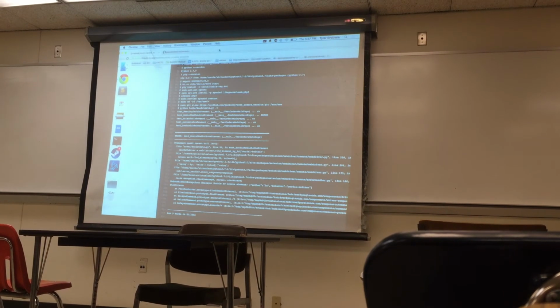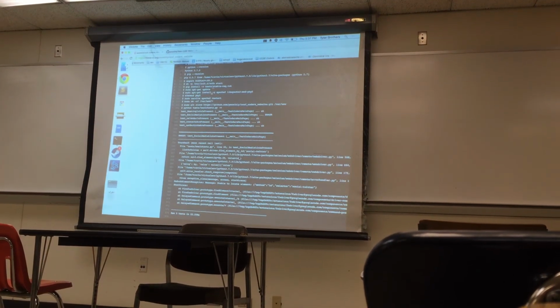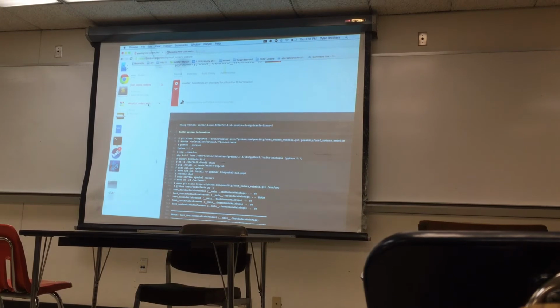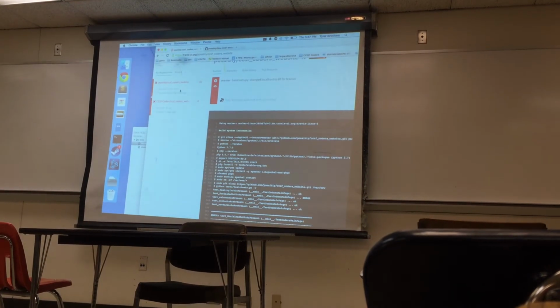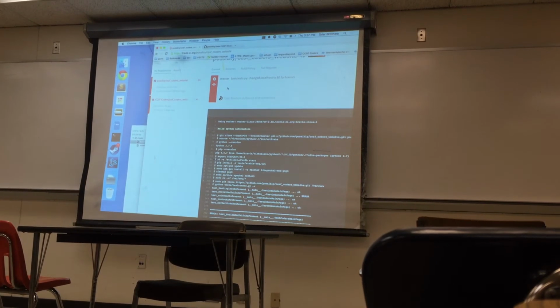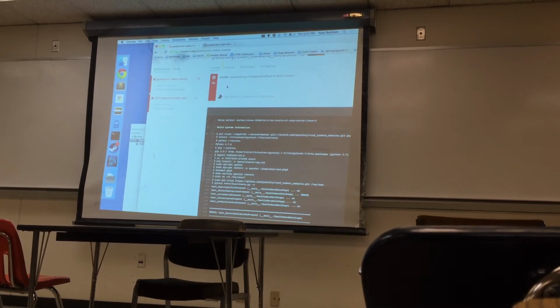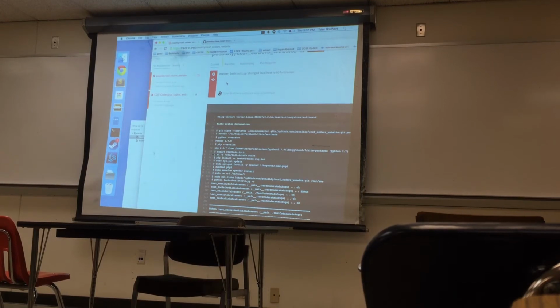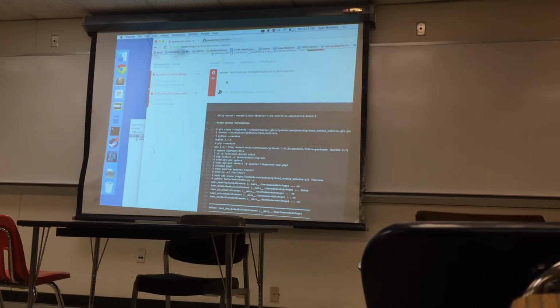That's something I was working on for a while, and now I not only have it on my fork, but I also have it on the actual CCSF Coders fork as well, which is really cool. So now every time anyone submits code to the Coders Club repo for that website, they will be notified if it sucks.